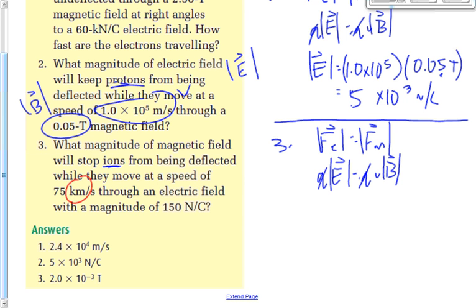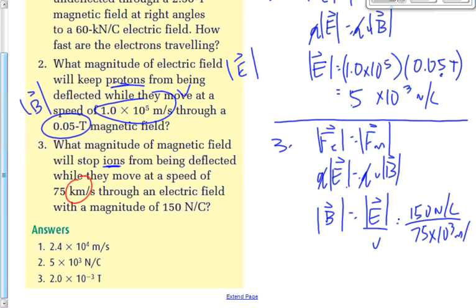And we're going to say V is equal to E over B. E is, no, wait. We're looking for magnetic field, right? So we're going to rearrange that to solve for B. It's going to be B is equal to E over V. So E was 150 newtons per coulomb, and V was 75 times 10 to the 3 meters per second. We do that math, and it works out to be 2.0 times 10 to the negative 3